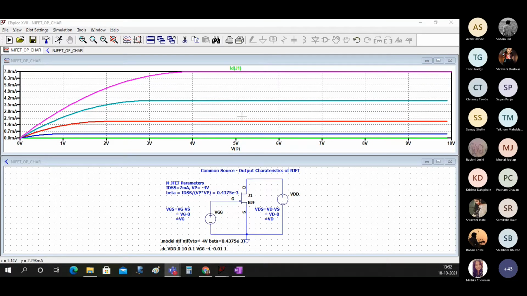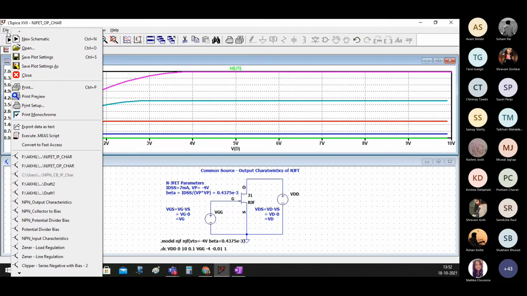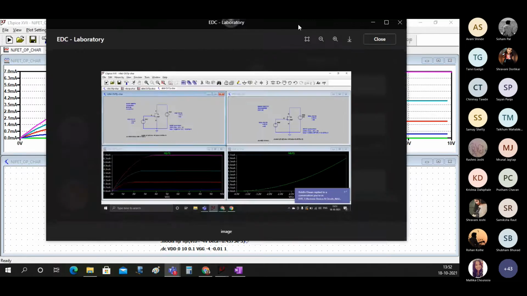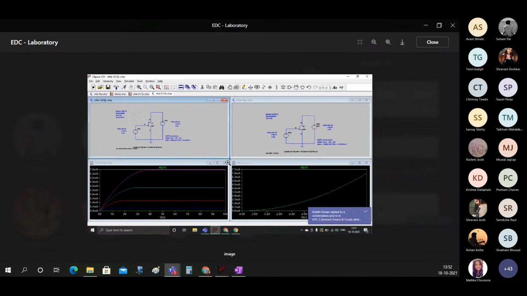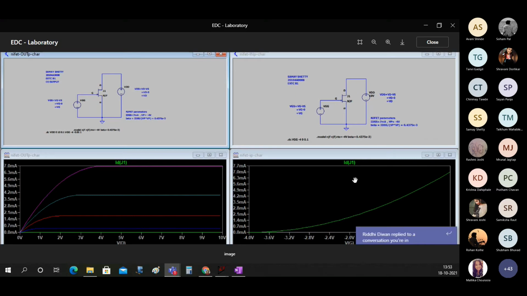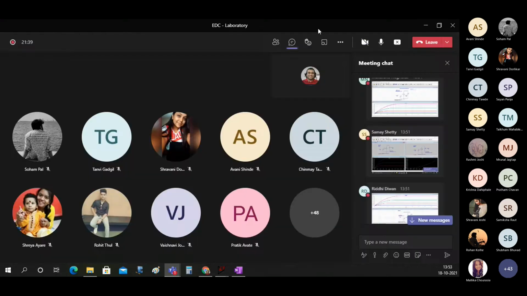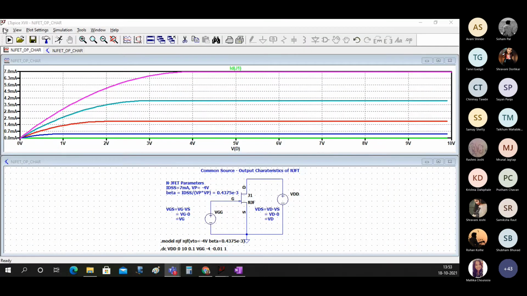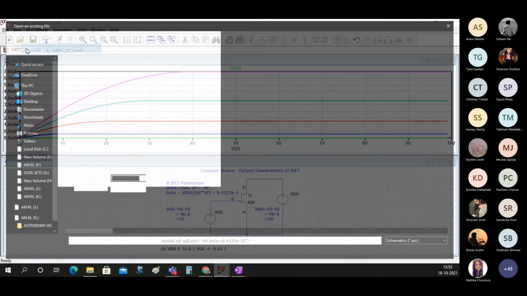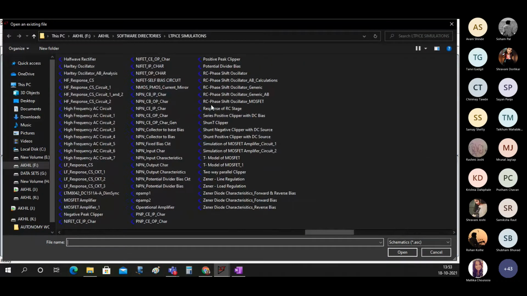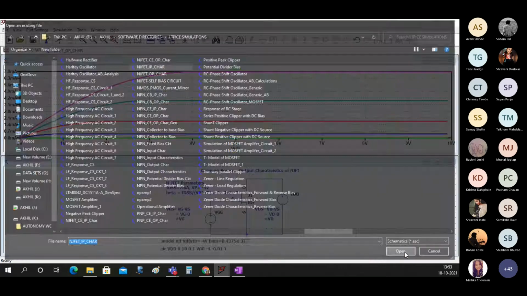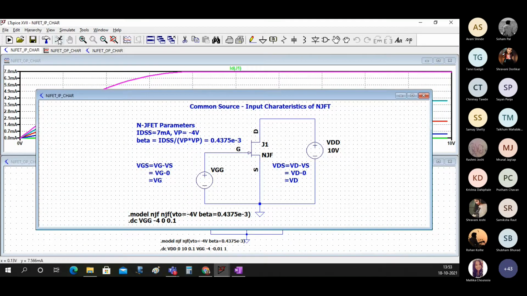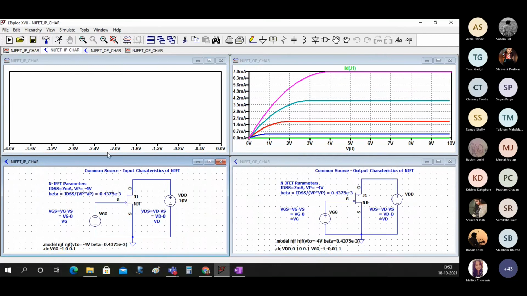Okay, now let's see how to. So I'm opening this. I want everybody to plot how Samay has plotted like this. Input and output characteristics side by side. So I'll just open this file, NJFET input cap, and let's simulate this thing also.